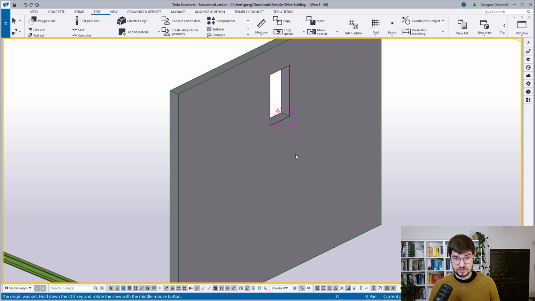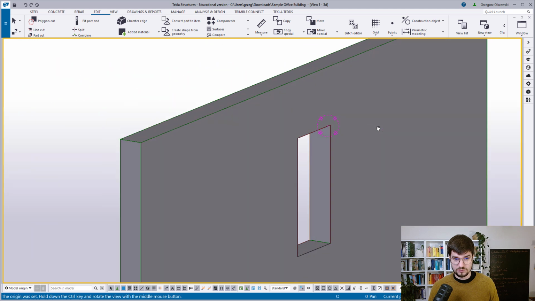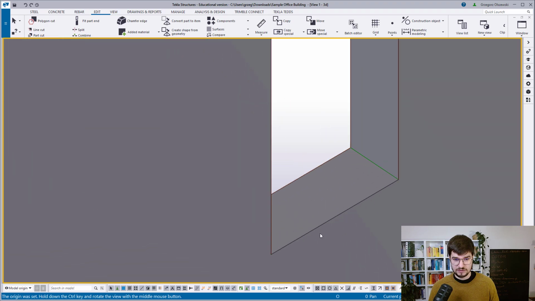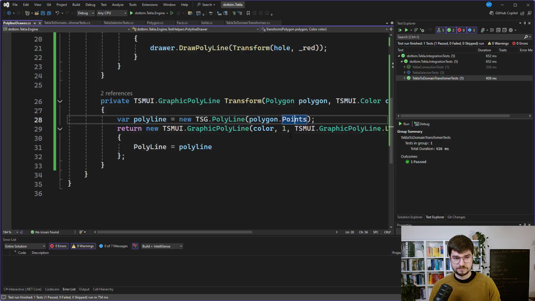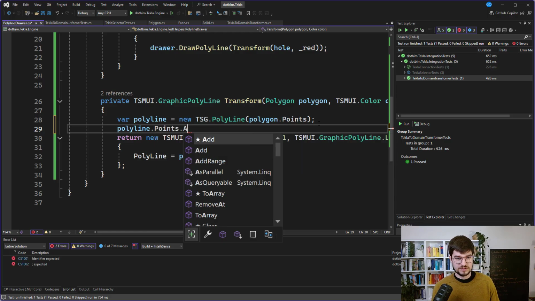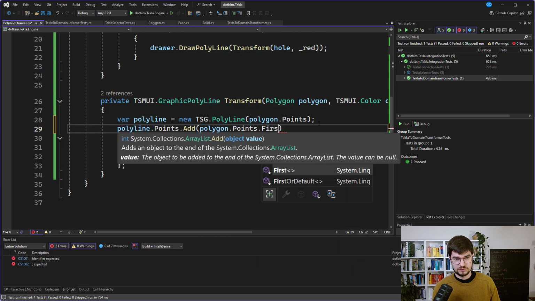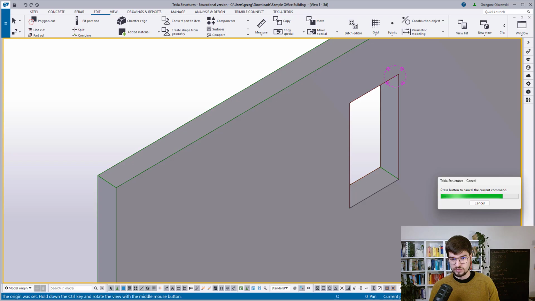Okay, here it is. As you can see, we are getting the red one for the holes and the green one for the faces. And we are missing one line of that hole, so probably our polygon is not a closed one. When we are converting it to the polyline here, we are missing the last point, the first point. Is this a read-only collection? No, this is an array, so we can definitely add that part, just for the sake of visualization. And now after retriggering,